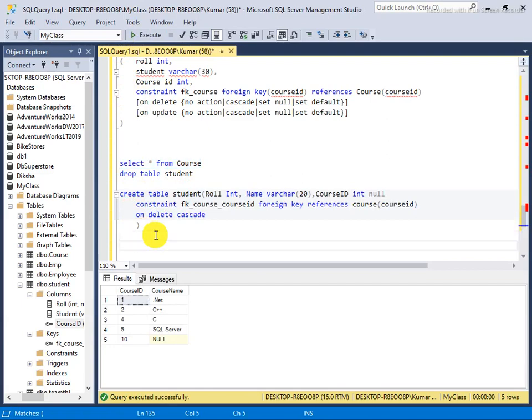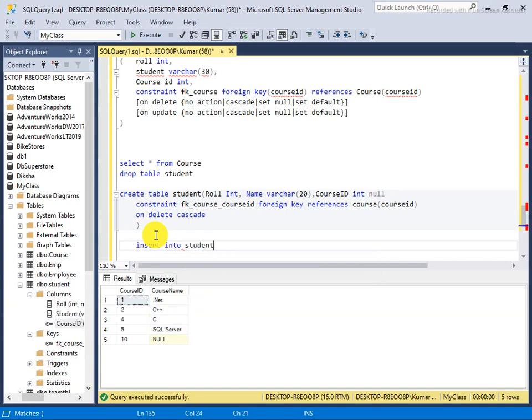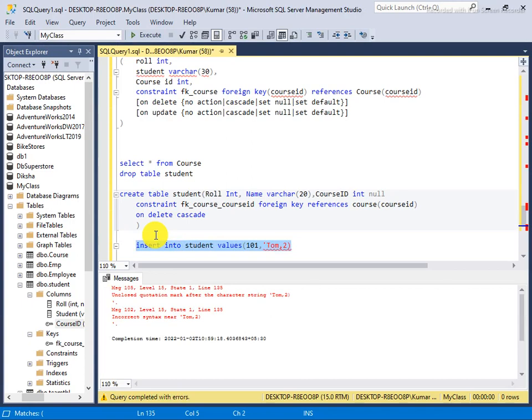So here I want to insert some values: insert into student values. I want to say the roll number is 101 and the name is Tom, and the course ID, which is 5, our course ID is 2. I want to give it 2. Okay, so